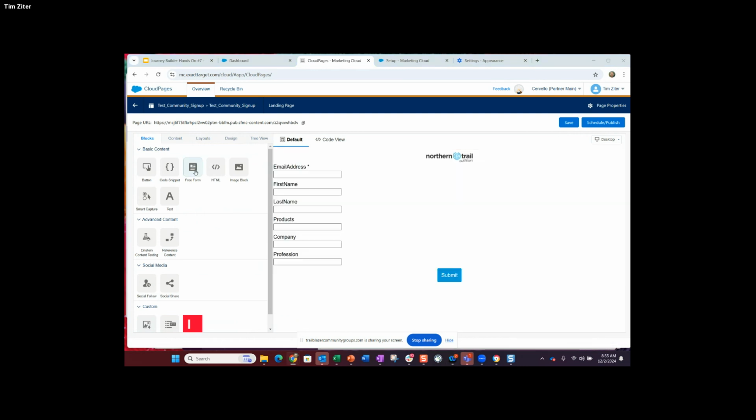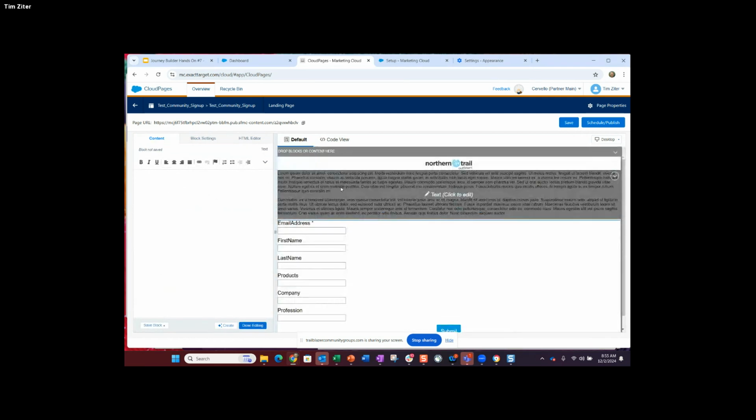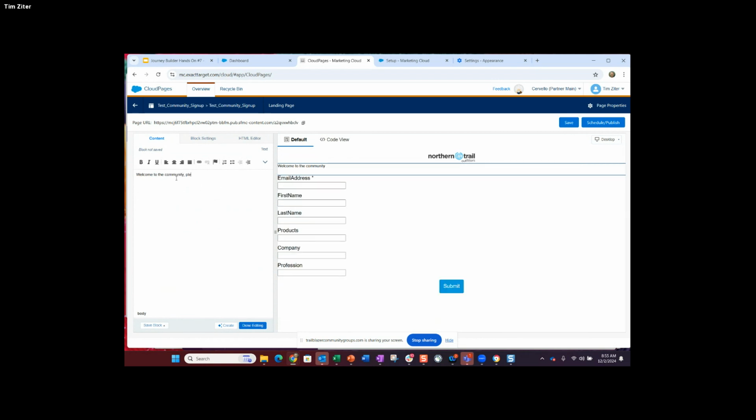And we'll bring in, we have a logo that we're building for our community, and we could bring in some text and write in, welcome to the community. Please fill out this information.